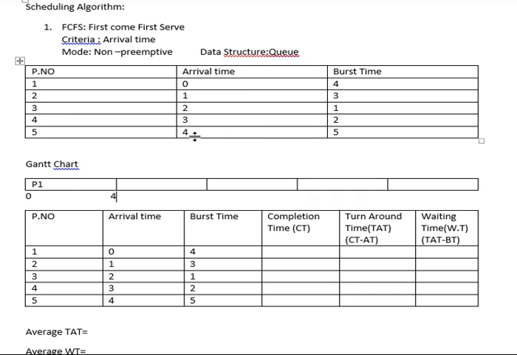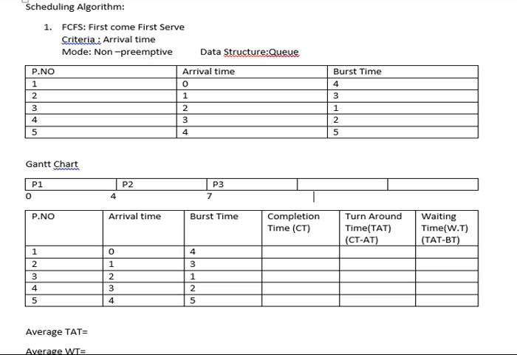Now since all of them have arrived, we'll write the second process that has arrived, that is your P2, and the burst time taken by P2 is 3. So obviously the previous process has taken 4, so 4 plus 3 will be 7, the total time. Next process that has arrived is P3, so I'll write it here. The burst time for P3 is just 1, so it will be the previous 7 plus 1, that is your 8,